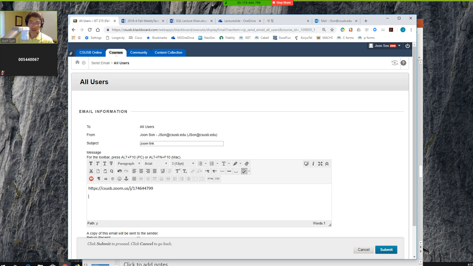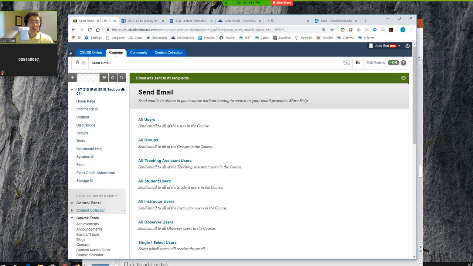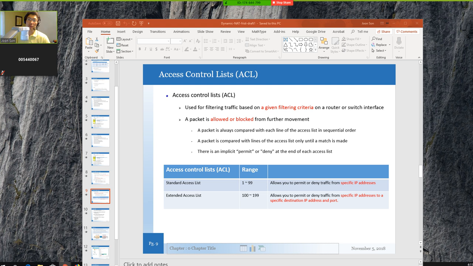If you already have Zoom installed, you can watch this video tutorial through your laptop or school computer. I think your lab computer has Zoom already installed. Just test. I'm going to send this Zoom link to all users. Okay. By now, I think you probably received this Zoom link. But anyway, so let's just